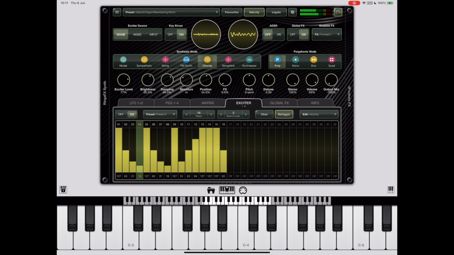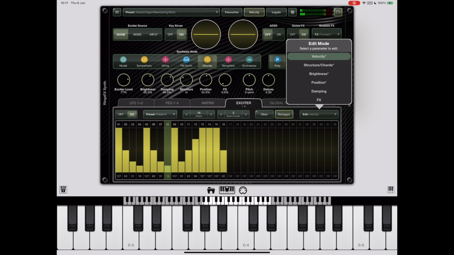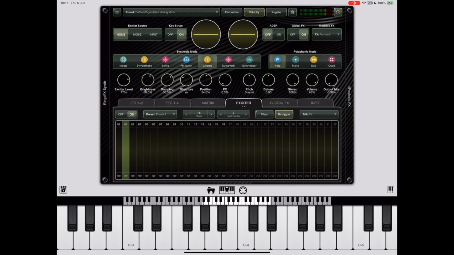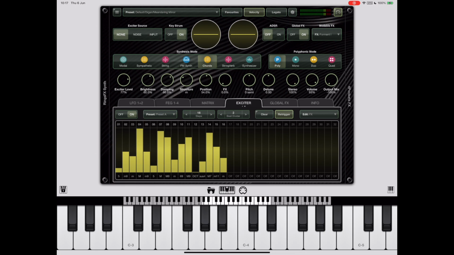Now the formant filter is a great one to manipulate or automate from the pulse sequencer, and we can switch to the effects lane and generate some random data here and give that a go. So the reason these are called modable effects is because they can be mutated or modified using the effects button